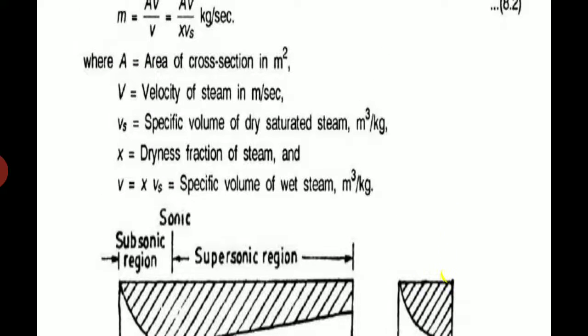So there is an equation. The area of cross section of the nozzle will vary according to the variation of V by X Vs. That is, the product of A and V by X into Vs is constant. So if the factor V by X Vs increases with drop in pressure, the cross-section area should decrease, hence a convergent shaped nozzle. The decrease of the factor V by X Vs with the pressure drop will require increased cross-sectional area to maintain mass flow constant, and hence the divergent shape nozzle.